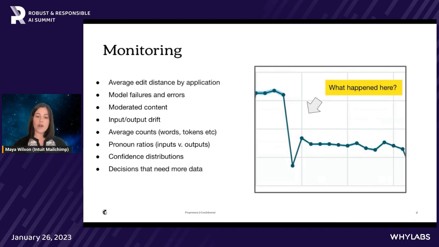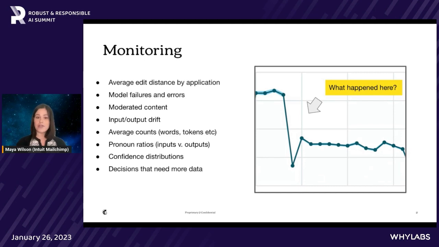We use OpenAI's moderation endpoint as well. So if we send content that is flagged for something that OpenAI doesn't want to be producing generated content for, we want to know that because we don't want to be sending that content at all. So when we get those, we're able to actually go look at what text was sent and understand those use cases so that we can prevent ever reaching that point in the future. And critically, we don't want to see increases in that. That would indicate something has gone wrong on our end and potentially in the user experience, and we probably need to evaluate that.